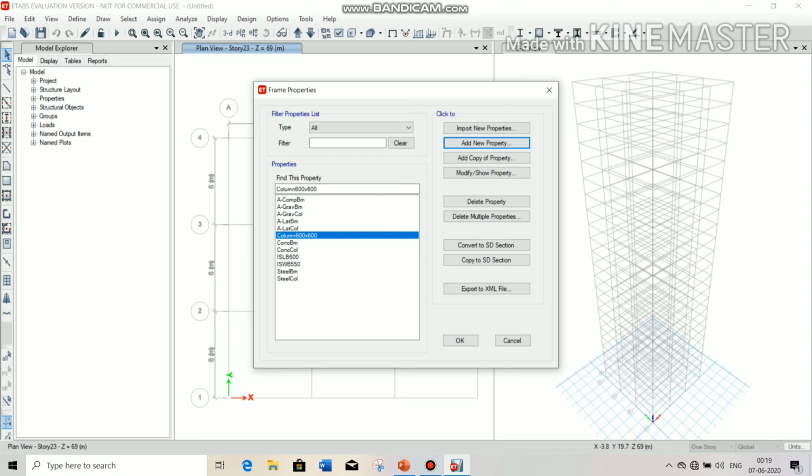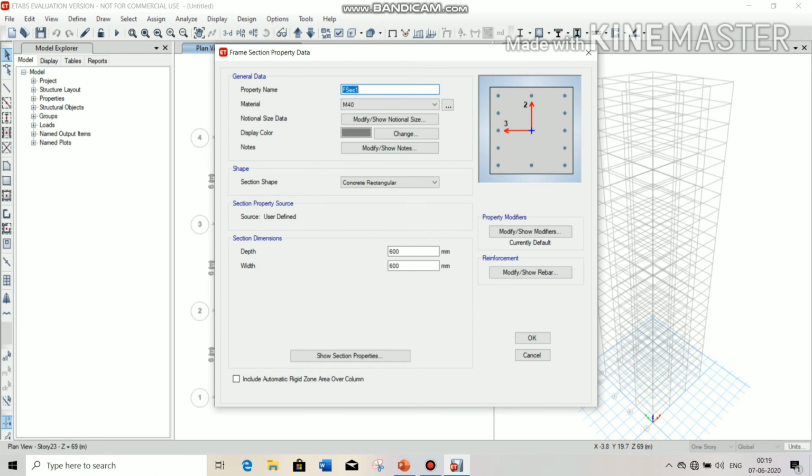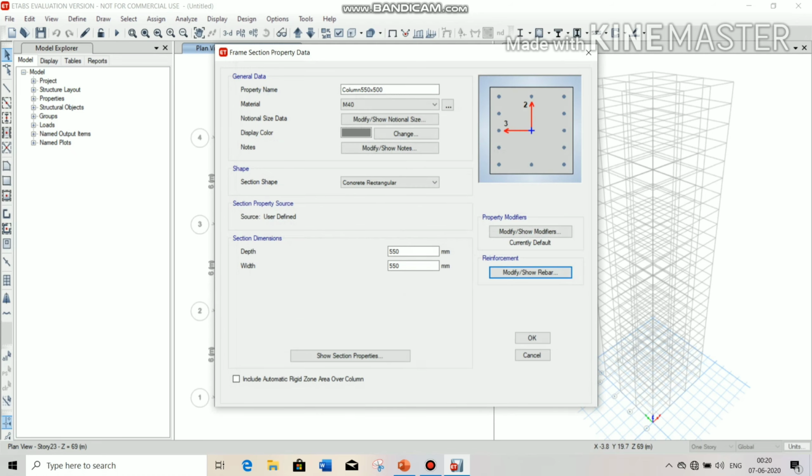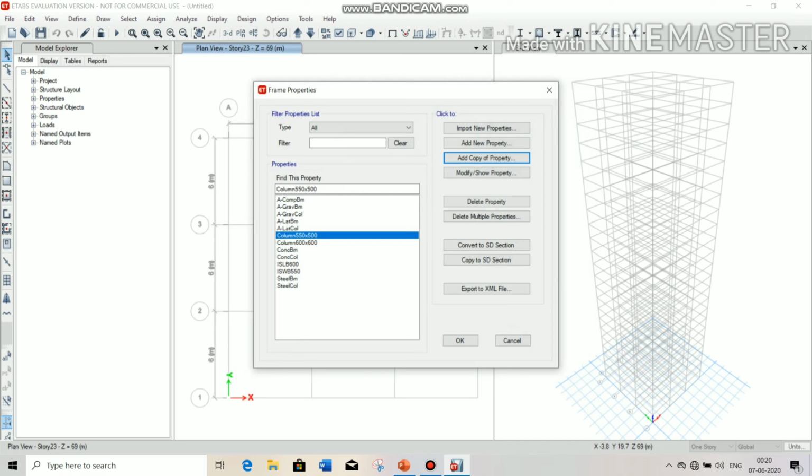Select this 600 by 600 column, click on add copy of property, change the name to 550 by 550 and change its depth. You can see the other things are already set, then click on OK.